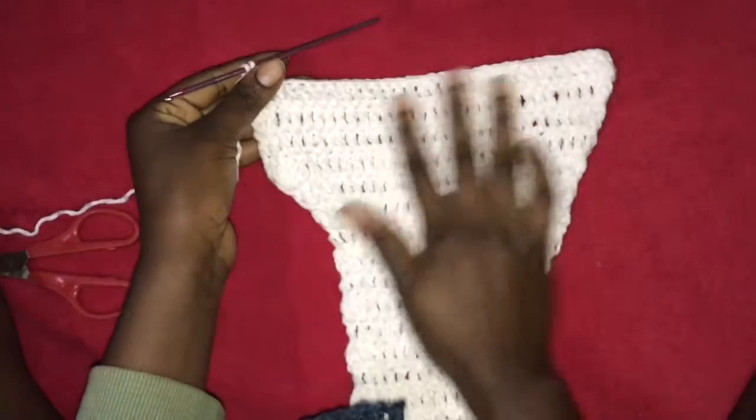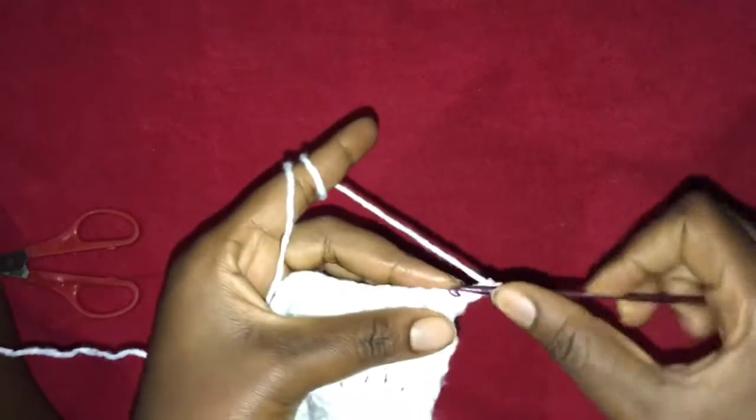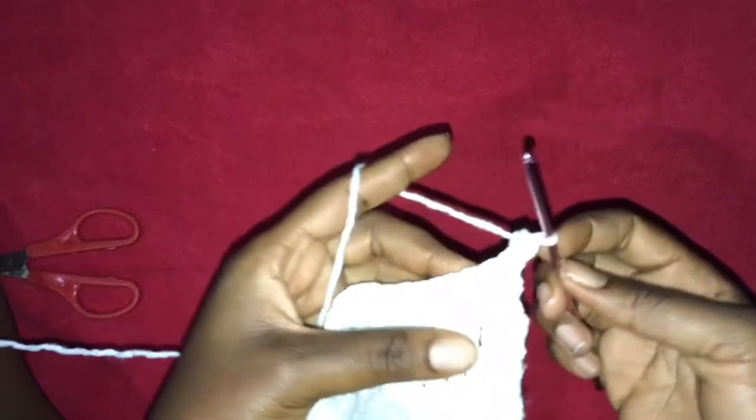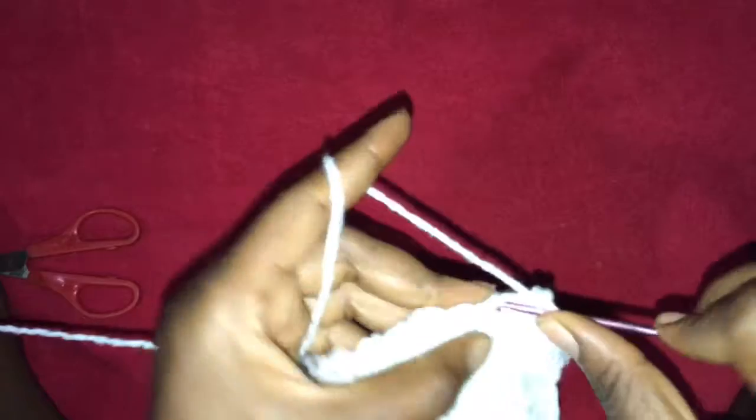So now I have my 3 rows complete. As you can see, this is how it looks. Now I'm going to chain 2 and turn my work. I'm going to work 1 single crochet for this row into every stitch until I have 10 stitches left. So this is where now it gets a little bit different from what you were initially doing. For the last piece we made a split, and for this piece we are going to make a keyhole. Some sort of hole,